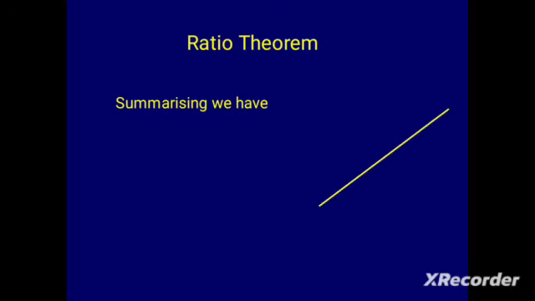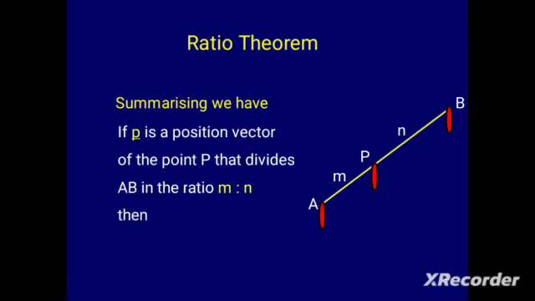So summarizing the ratio theorem, we have a line AB with point P dividing the line internally, and so AP is m and PB is n, with the whole length m plus n. And so if P is the position vector of the point P that divides AB in the ratio m to n, then we have